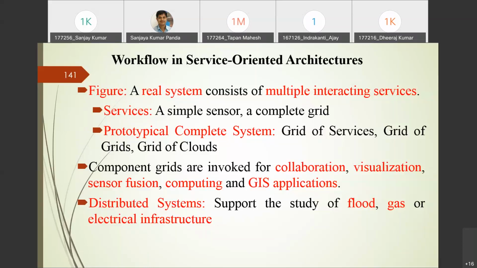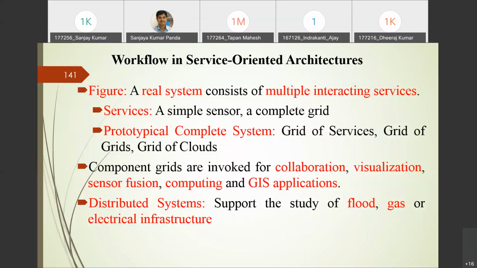Now, whenever we are talking about a prototypical complex system, we are referring to three things. It may be grids of services, grids of grids, or grids of clouds.